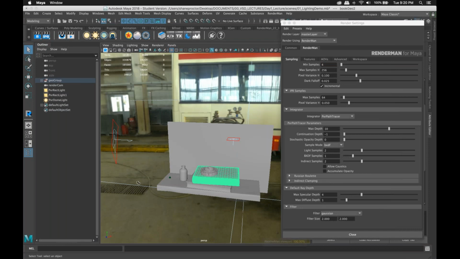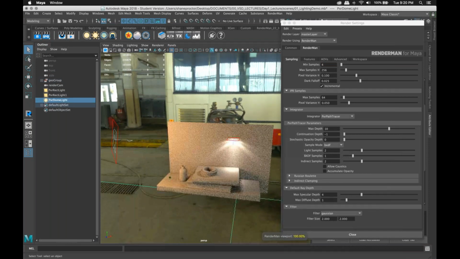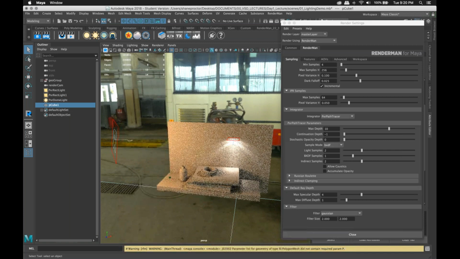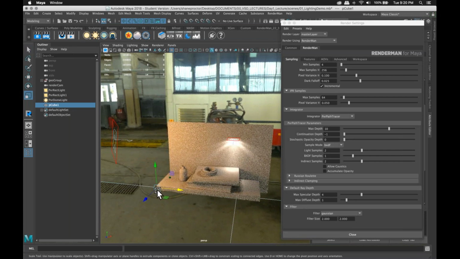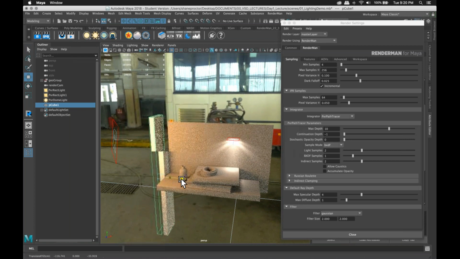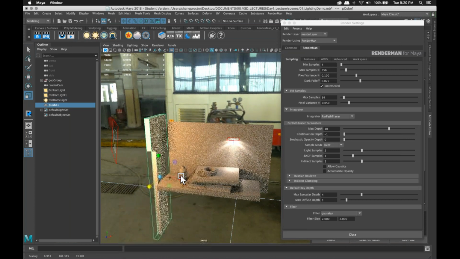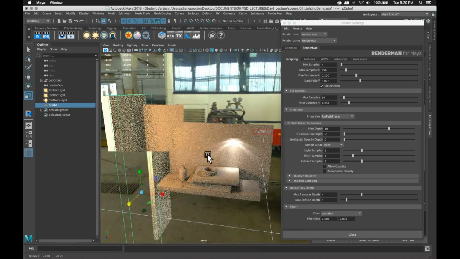So let's render this out. The light blocker is just simply a polygon cube that we've positioned somewhere around here. All its purpose is to create a little bit of gradient on that wall, if that makes sense. So if we let that converge a little bit,